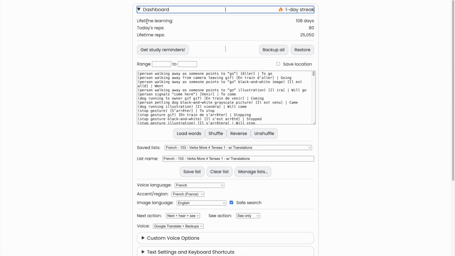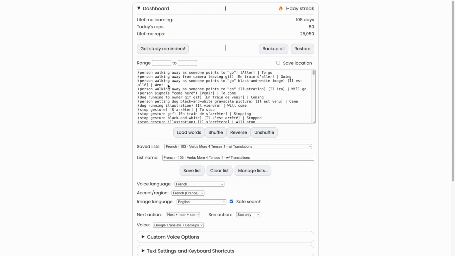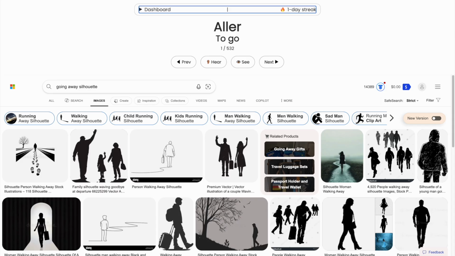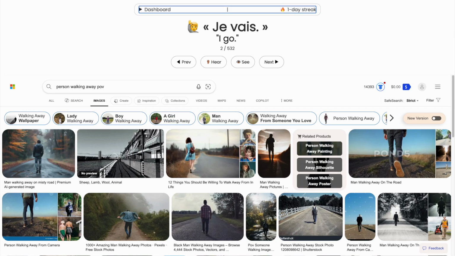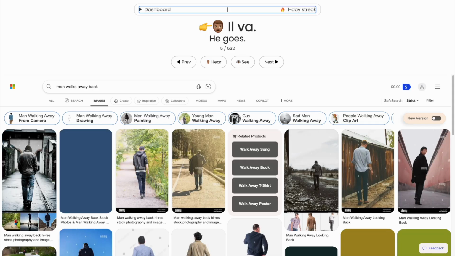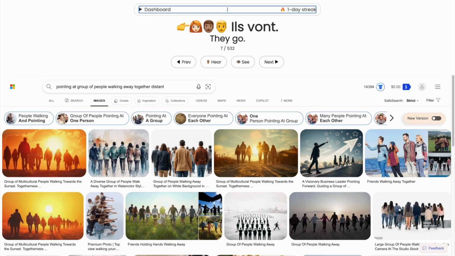Then, if we go further, let's say we go down to the same verbs in the 104, then, aller, so we'll start with just sort of a silhouette to give us the present tense, and then we start talking about who is doing it. Je vais, tu vas, elle va, il va, nous allons, ils vont. Okay, so you can see both the images themselves and also these little emojis help us to recognize